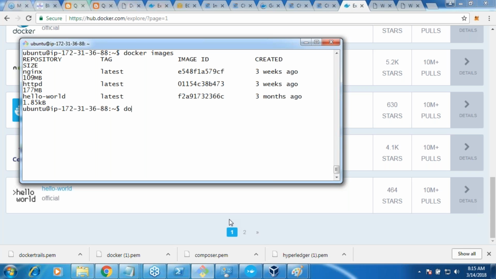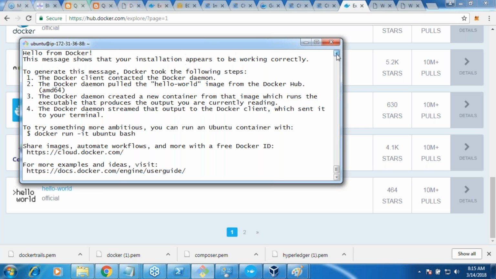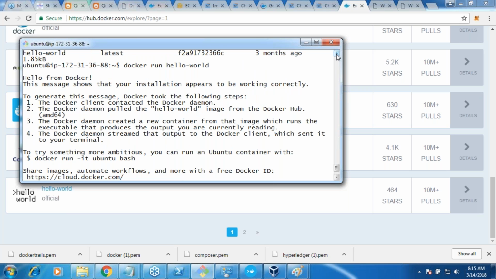Now I say Docker run hello world. Is it running? Okay, so that's it. But while running it, let us look at what it has said. Did it download anything?